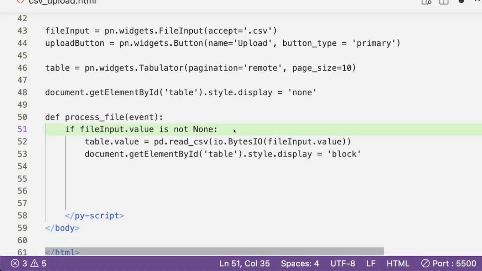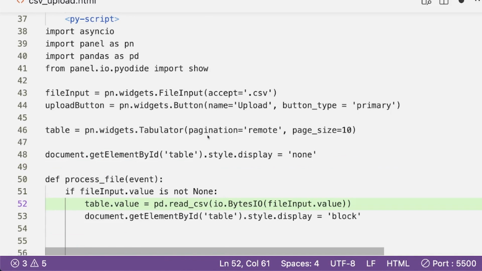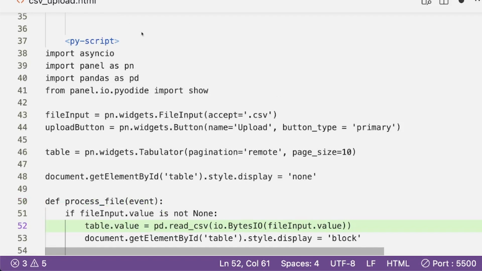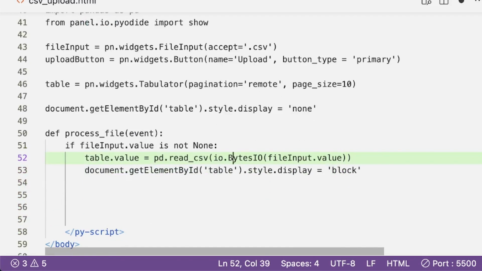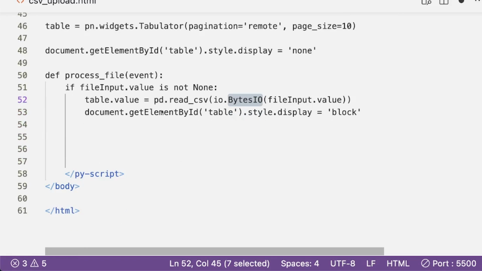So when it is not none, you're going to use pd.read_csv, take the file value and use IO. I think we called IO. So okay, there is an implicit call, IO.BytesIO. So we're going to use this and read the CSV file. And after we read the CSV file, we are directly saving it in the value of